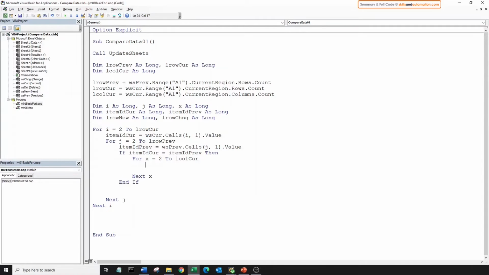We will check if the value in the current column of the current row in the current worksheet matches the value of the current column of the current row in the previous worksheet. This kind of check is only possible because the column headers in both data sets are in the same sequence. And if the values don't match, then what is the current cell in the current worksheet within this inner loop? It is